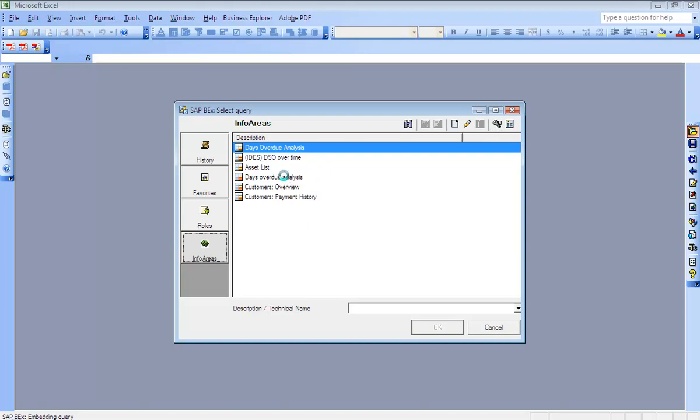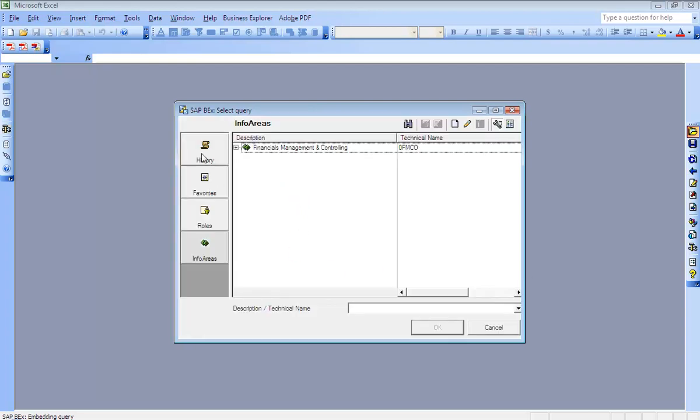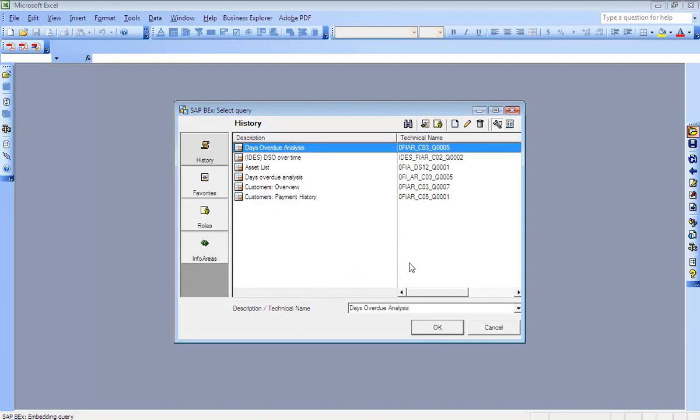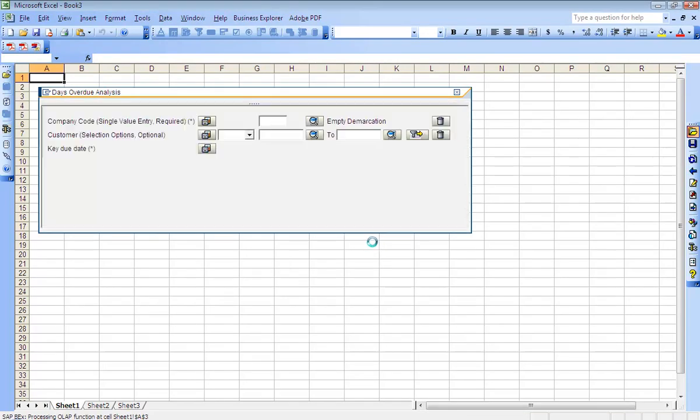That's okay. We'll go back to the favorites or history button again. Let's execute the query now and get the selection screen.